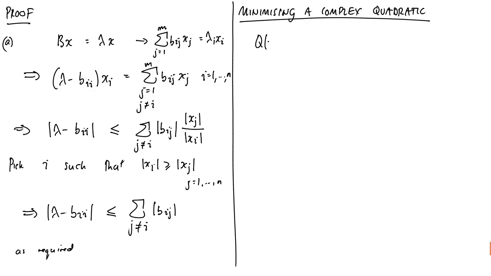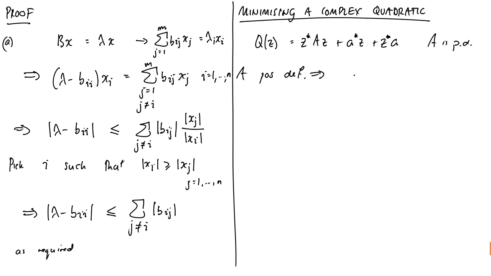So we're going to look at a complex quadratic form. Q of z is equal to z star A z plus a star z plus z star a, where A is positive definite. The reason I'm adding these two complex conjugate things together here is so that I actually get a real number out. Now if A is positive definite,